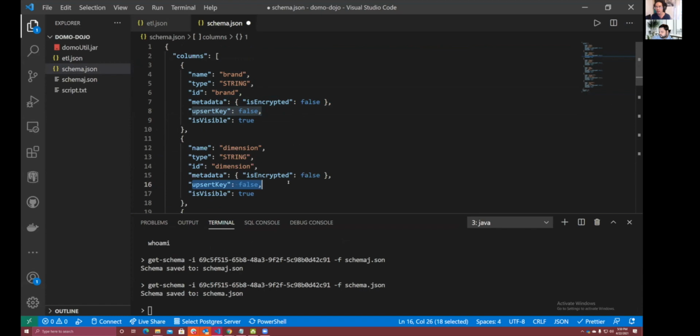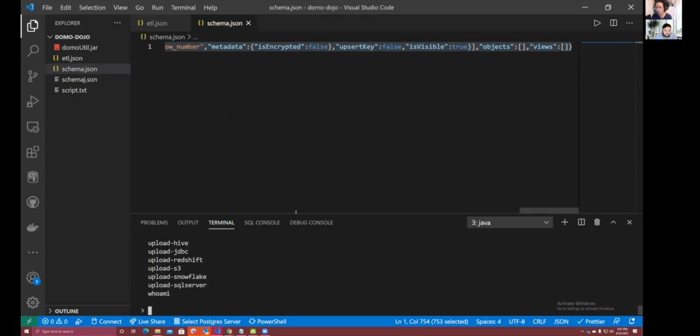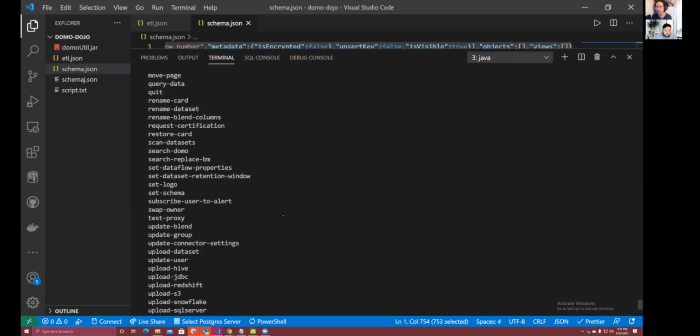Now, Alexis, you'd asked, is it possible to change the schema of your data set? Yes, just change these columns and then set your schema. I could try to set this to true and set that to true. But instead of doing that, I'm going to go back to the Java CLI, and I notice that there's a command called